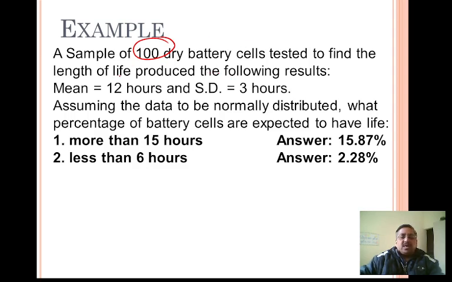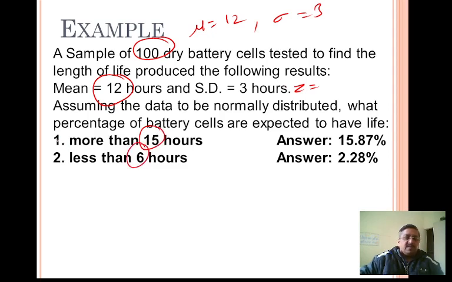This kind of quality check is done at the manufacturing units, right? So 100 battery cells have been tested and they have a result, that is the mean life or the average life. So the mean was given to me as 12, standard deviation is given as 3, so sigma equals 3. In that way we can find the standardized normal variate for the various values of x or the values of interest.